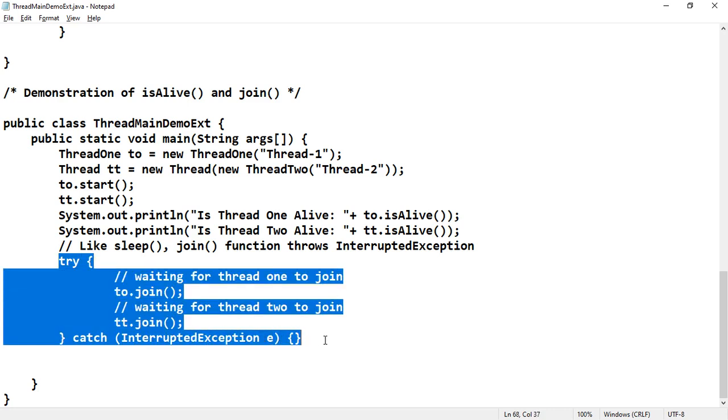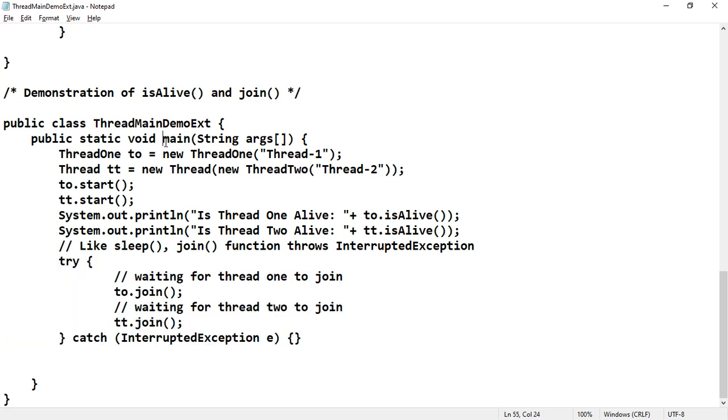Because you are running under the main method, obviously this is the main thread, a single entry point, in which you have two threads. This is one entry point and this is another entry point. So thread 1 may execute in its entirety depending upon the sleep time etc. defined in thread 1, and at the same time for thread 2 also. Once the thread execution is over, till that time the main method will wait.